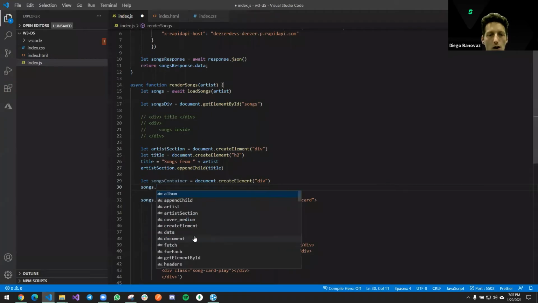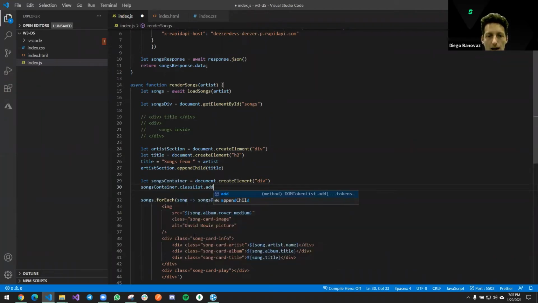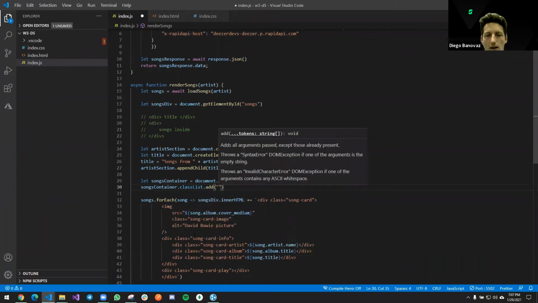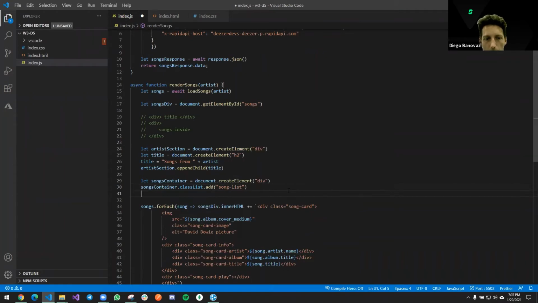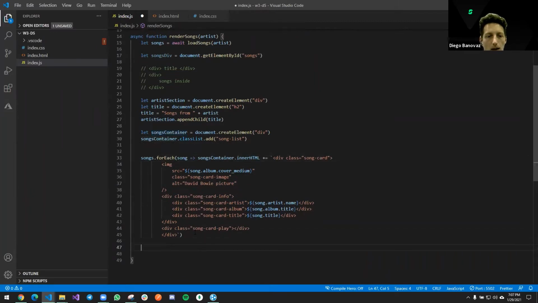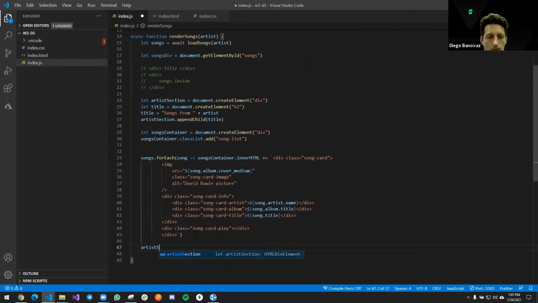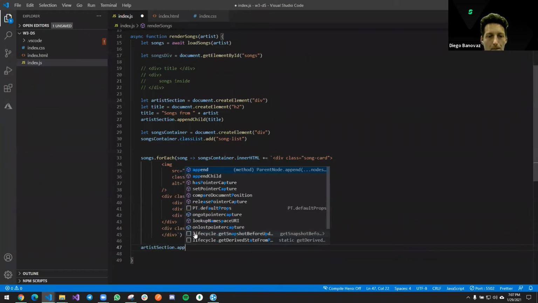So songsContainer.classList.add, and I will call it just songList. And then I will not be adding the songs to the div, but I will be adding the songs to the songsContainer. And at the end of the day, I will be adding the songsContainer to the artistSection,